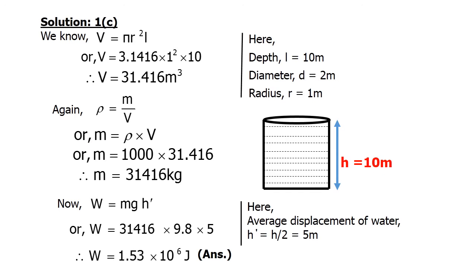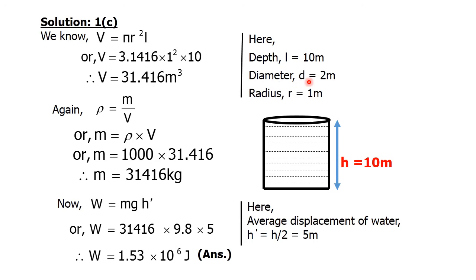Now let's see that this solution is the same as the mathematical problem in our previous lecture. First of all, we have to calculate the volume of the deep well. So we have the depth of the well and the diameter. We have to convert the diameter to radius.